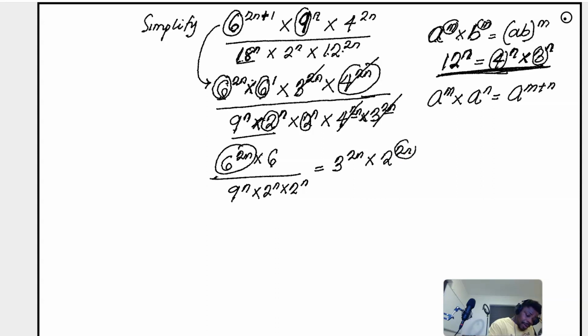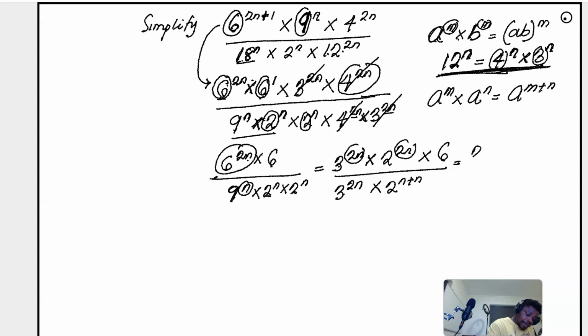So same power, different bases multiplying. So 3 times 2 is 6. You maintain one of the power. Then this is 6 over. Remember, our 9 is something as 3 raised to the power 2, which is 9. And you have n here. So 3 raised to the power 2n. And this same base, so I add the power. So n plus n. Same base, I add the power. So here,